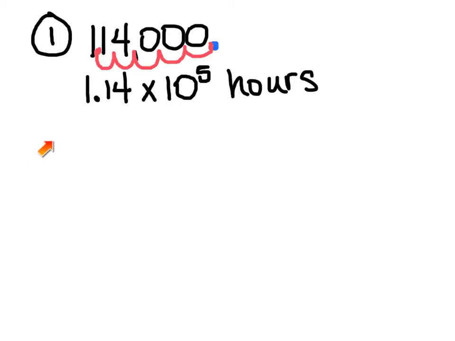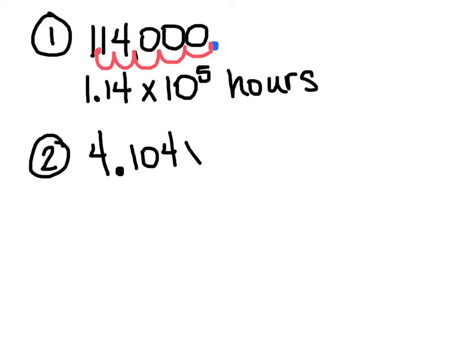All right, our second example, we're going to take a look at the number of seconds that you have lived since you were born. The number of seconds the average 8th grader has lived since they were born is 4.104 times 10 to the 8th power. We're going to change this number to standard form. Now, we know that because we have a positive exponent, just like we started in our notes, we're going to have a very large number. The number of seconds you have lived since you were born is going to be a very large number. We're going to write our number,